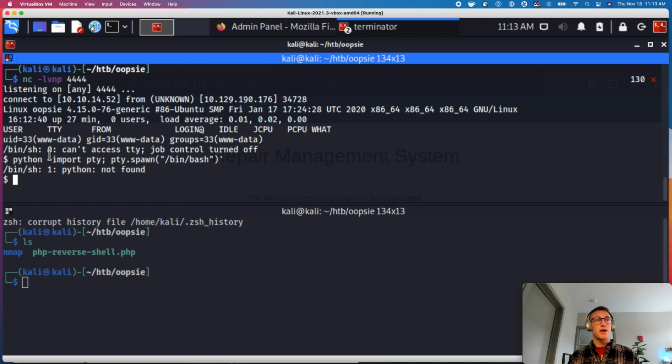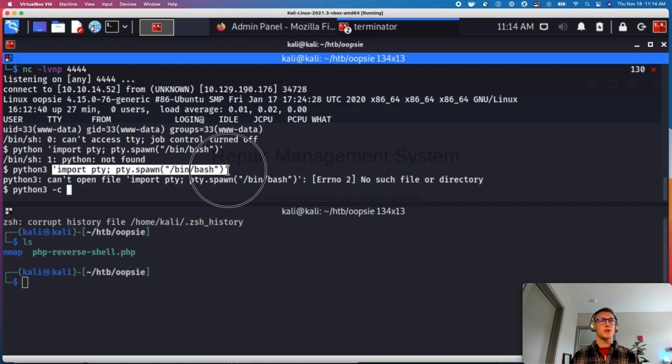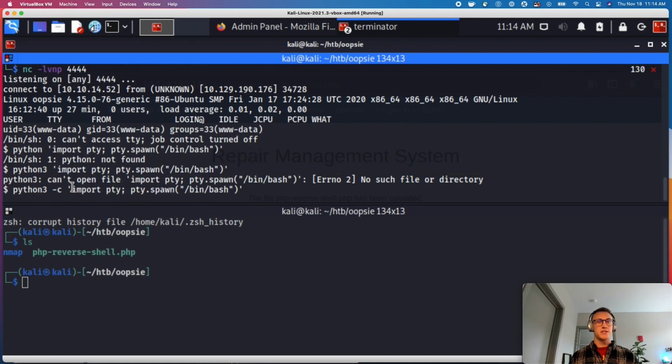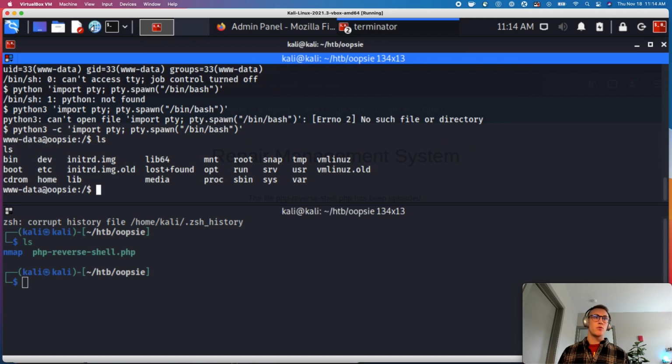What we can try, though, is Python 3. We can do the same exact thing. Okay, so I tried Python 3, but I goofed a little bit, so you're going to need -c, which is what I was forgetting. So we'll just go ahead and copy that now and paste that in. And there we go. Okay, so now we have an upgraded shell, and we can check out what's on this